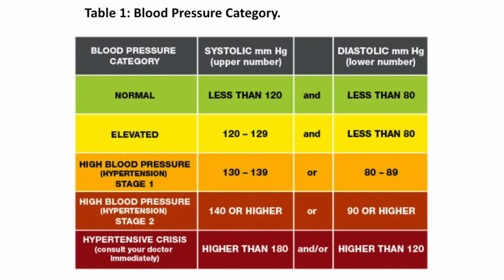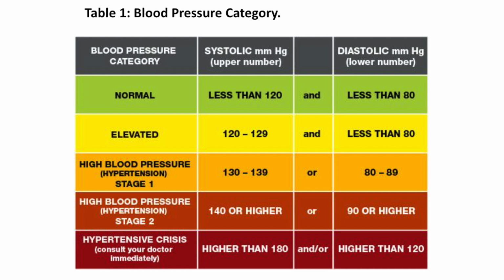In the table you can see that for the normal case, systolic pressure is less than 120 mmHg, while diastolic pressure is less than 80 mmHg. In case of elevated blood pressure, the systolic pressure is between 120 and 129 mmHg, while diastolic pressure is